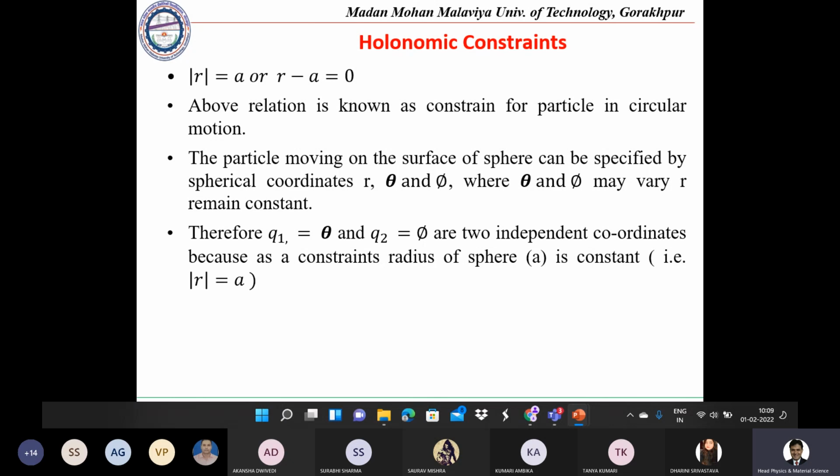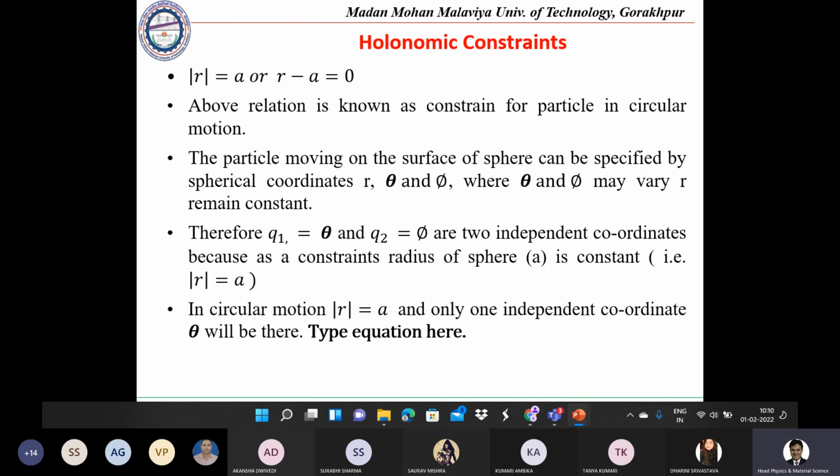Means that the position, distance, and if we are taking it just as a vector quantity, then it will also represent the direction of the same. So mod of that will be equal to a. In circular motion, this mod of r is equal to a, and only one independent coordinate theta will be there,